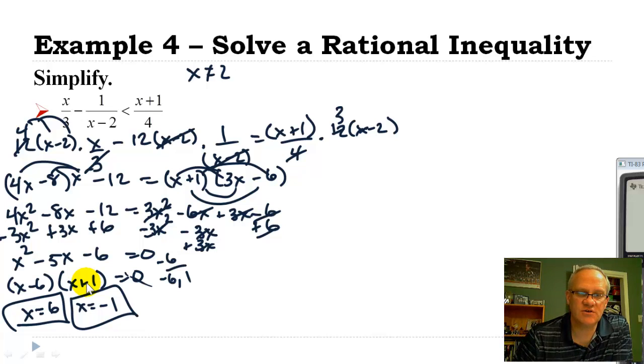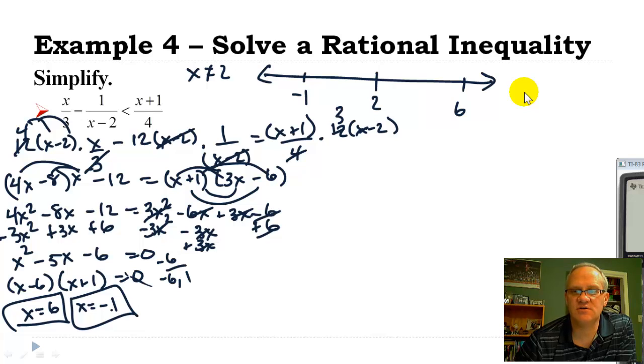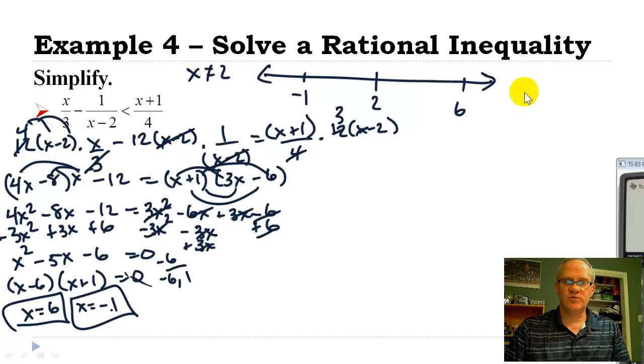Okay, so oh yeah, again, these are just kind of our key spots here now. So what we've got is our number line. So we've got a spot here at negative 1, and then a spot at 2, and a spot at 6. And so we've got to test 1, 2, 3. We've got to test 4 different things here. And just, I'm going to say in the matter of time, since I think we're getting a little bit longer here, if you plug these in,